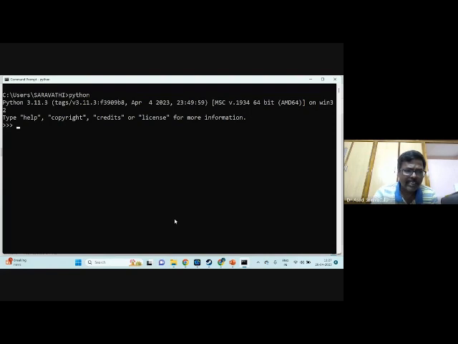Now, in order to clear the screen here, you can use the command: import os, enter, os.system("cls"), within double quotation marks. You can clear the screen. Now see, I'm clearing the screen. Now I'm writing a program here. Write a Python program to perform